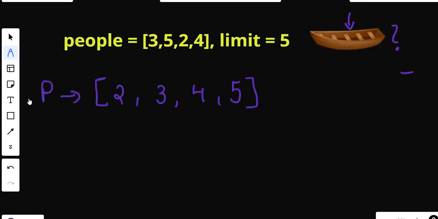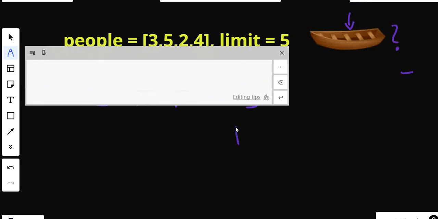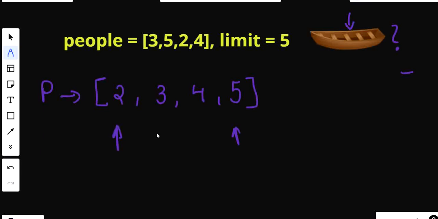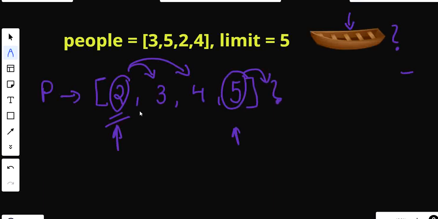Now I can see that the weights are in sorted order. But there is one more thing to notice in this problem, that every time I take the heaviest person and the lighter person and pair them up, I will achieve more accuracy. Why? Because a heavier person needs to be checked whether it can be paired with a lighter person or not. Because a lighter person is already capable of being paired with anyone, right? But for a heavier person, there will always be a question whether this person is capable of being added with someone or not. And in that case, we will always check for the lighter person.